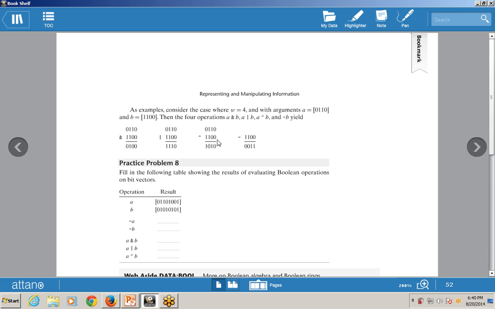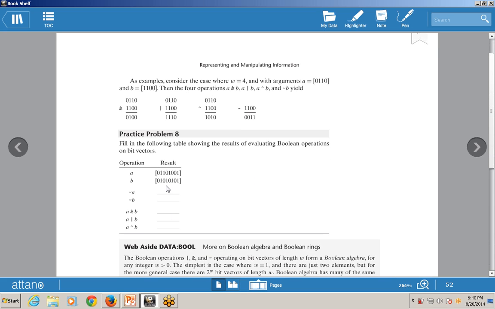Then there is a NOT operator, that is 0, 1, with a negation sign. 0 is converted into 1, and 1 is converted into 0, which means simply reversing the digits. Means 0 is converted into 1 and 1 is converted into 0.